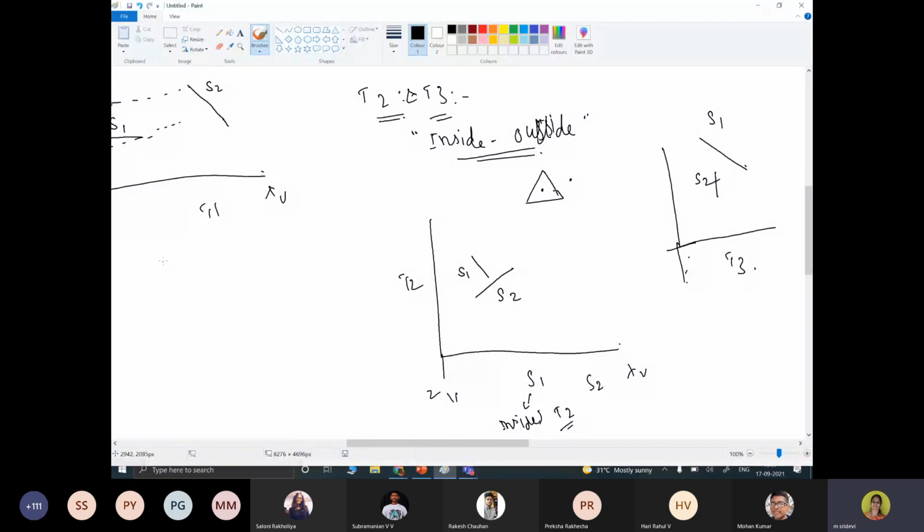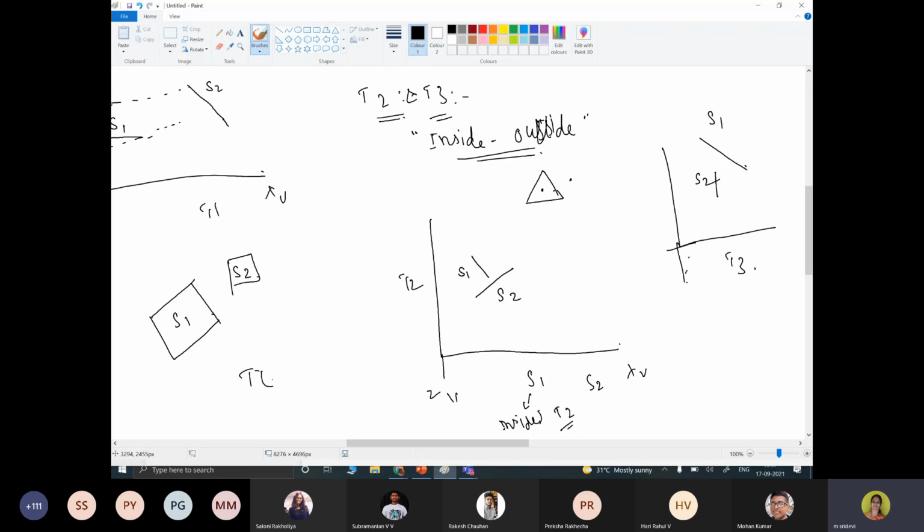So in test 4, instead of drawing the object, I am using a representation of surface S1 and another surface S2.